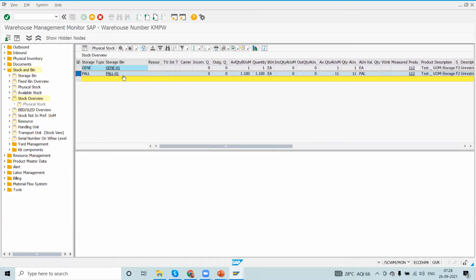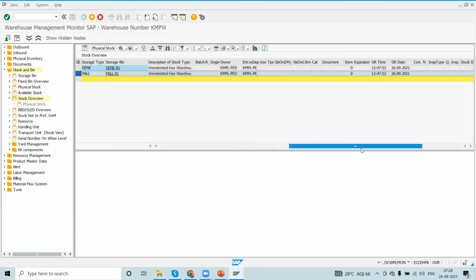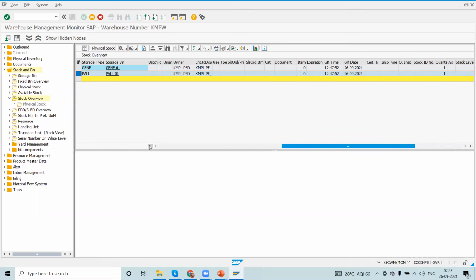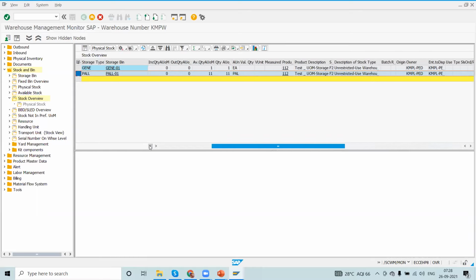Same like that, if we have multiple bins, multiple storage types with different packaging, different things will be there. For pallets, here you can see the pallet information.